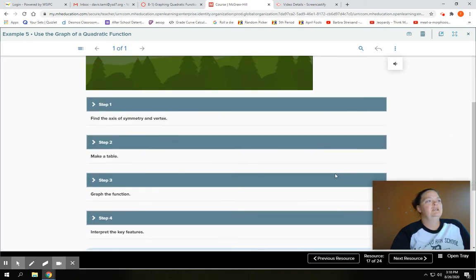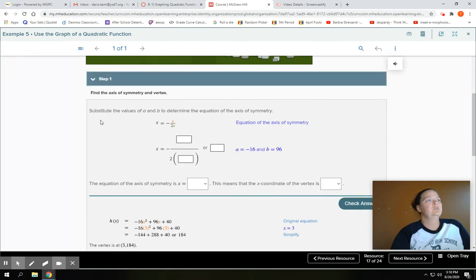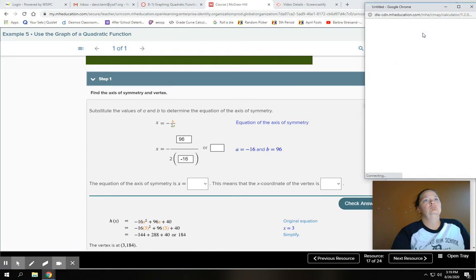Step 1, find the axis of symmetry and the vertex. We want to substitute the values of a and b to determine the equation of the axis of symmetry. So we need to look at a and b. B is 96 and a is negative 16. And that simplifies to